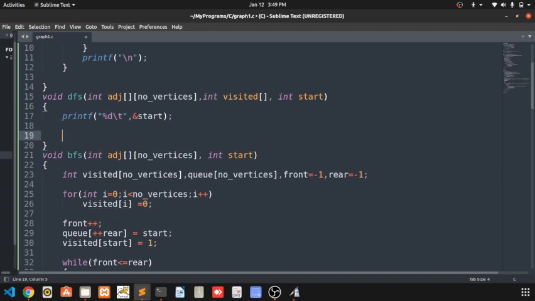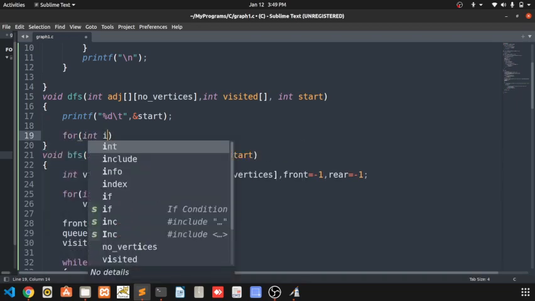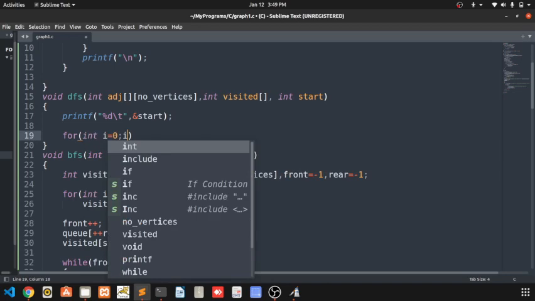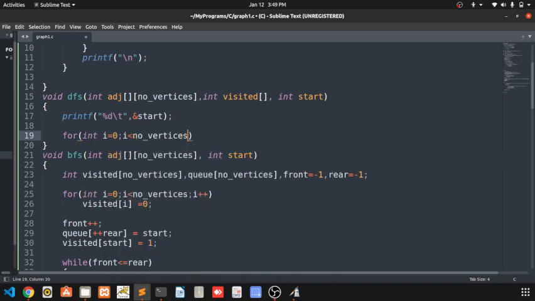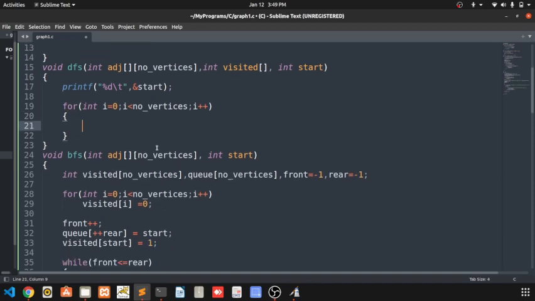So how I can do here is for integer i equal to 0, i less than number of vertices, and i plus plus. Now if visited of i is not equal to 1, it means it is not visited.